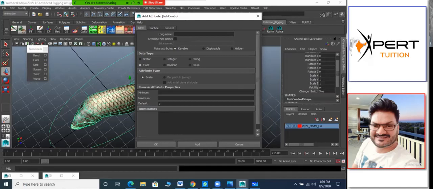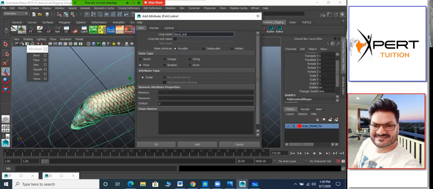So float means it will take whole numbers or decimal numbers, like 1.1, 1.2, 1.3. If you put integer, it will be 1, 2, 3. So in this case, the decimal value is also going to get animated. That's why we have to keep it float value. And define here what name you're giving it. One for bend, so I'll directly write bend_anim, short form for bend animation. It means I am going to animate with this one, bend animation. Is it clear?